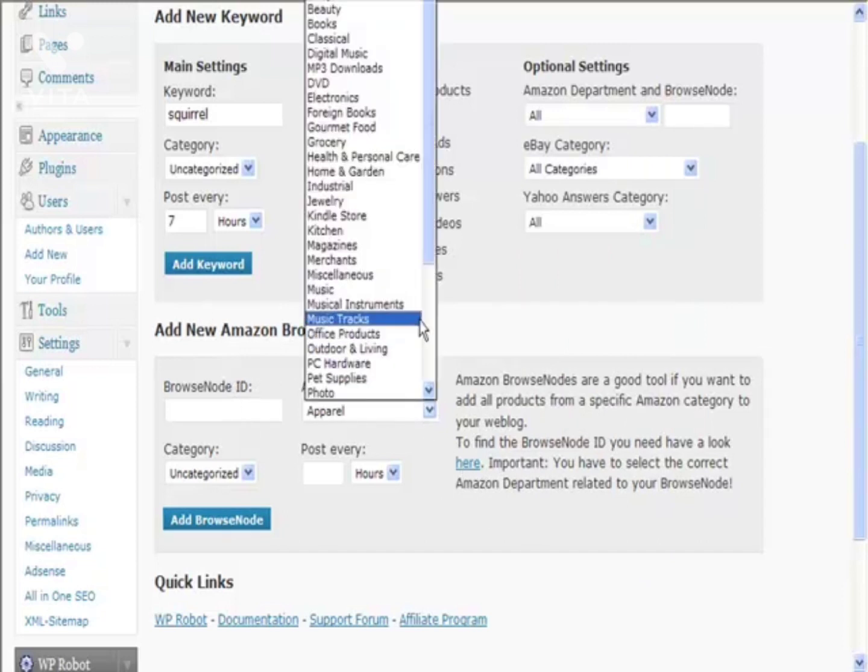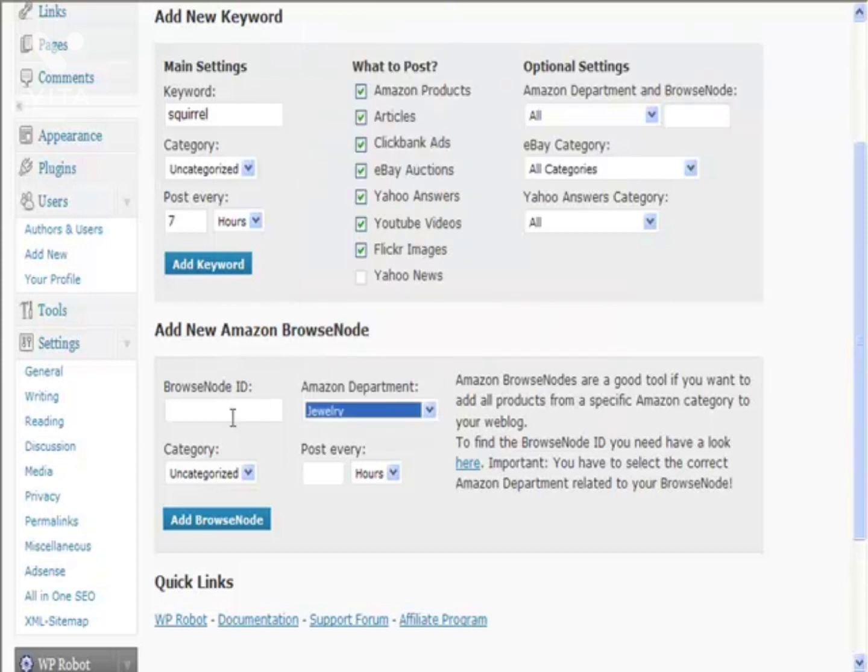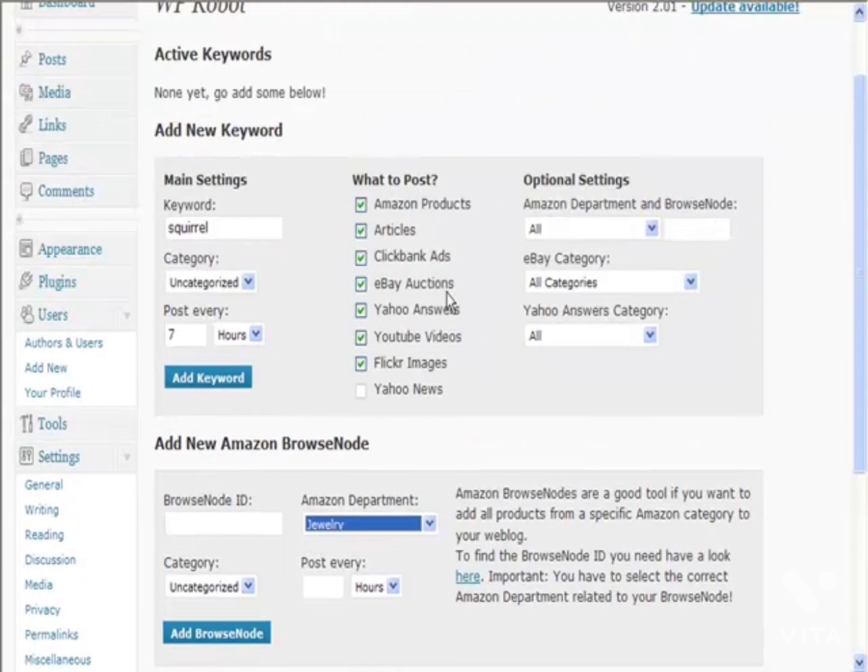So I could pick my jewellery from here, and I can get the browse node ID from within that. So it may say it's engagement rings, and what it will do is go through the whole engagement ring category and slowly but surely post it to my blog. This is a really good way of pulling content into your blogs, and I'm going to be honest, it's very powerful. I know it's an expensive tool, but it's one that's extremely effective when it comes to making money with auto blogs. It's very powerful, very effective, and you can see you've got lots of options here of what